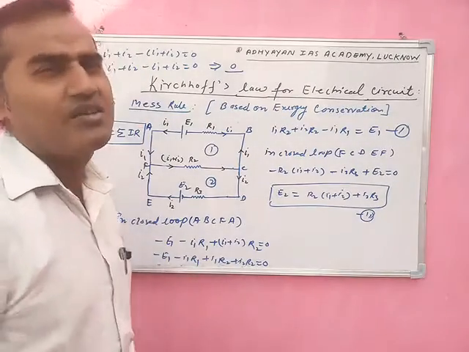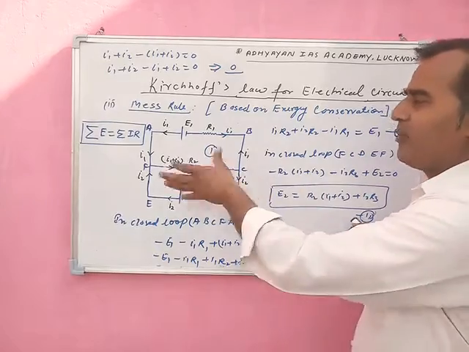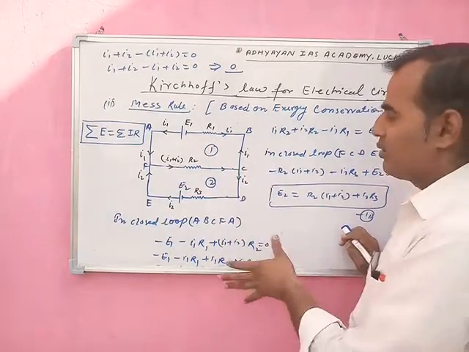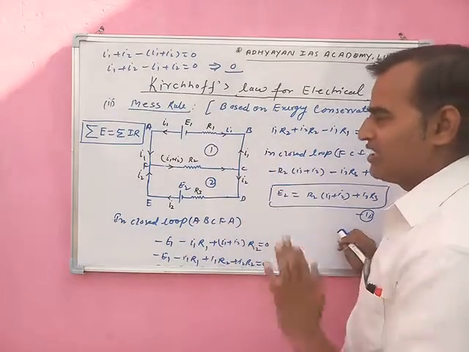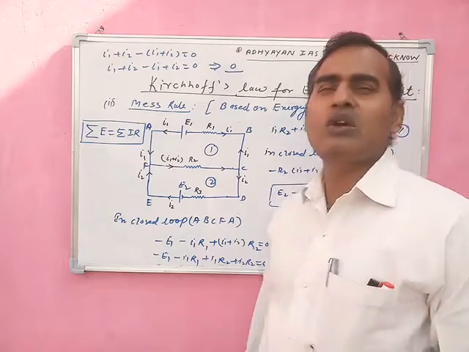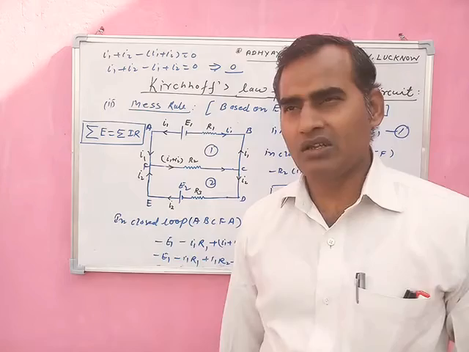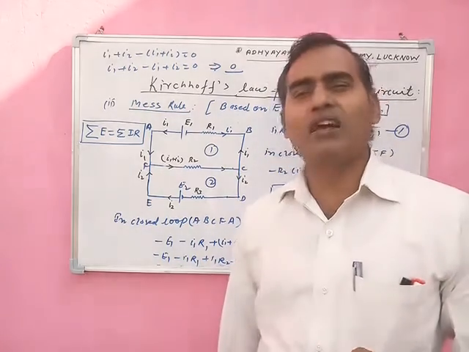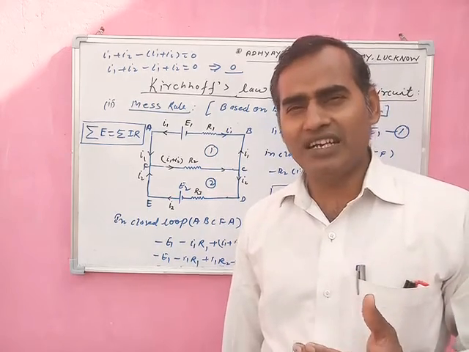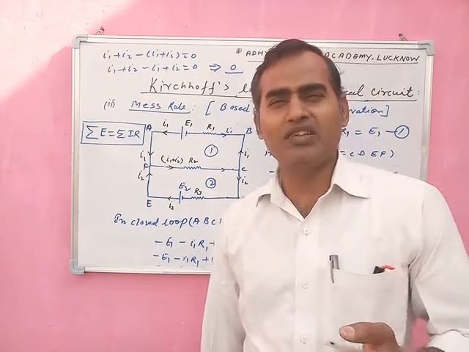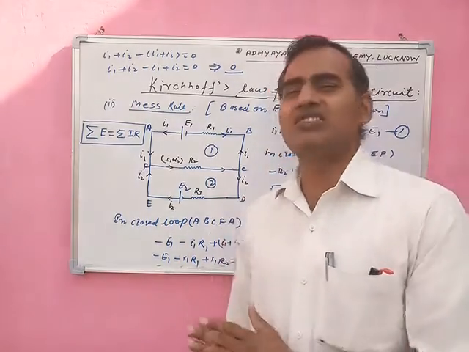So this is a simple method to use the Kirchhoff law. How can we use the Kirchhoff law in a complex circuit? Basically this is a simple circuit, so we give the working rule for solving any numerical problem based on the Kirchhoff law. Kirchhoff's law can be used to calculate the net resistance in any circuit. Kirchhoff's law can be used to calculate the net EMF of any circuit. If the circuit contains different values of EMF as E1, E2, E3, then we can simply use Kirchhoff's law for the calculation of the net resistors, etc.